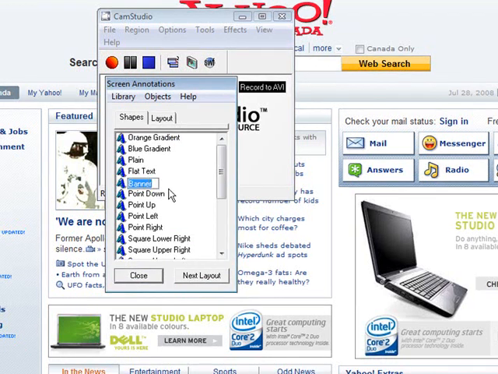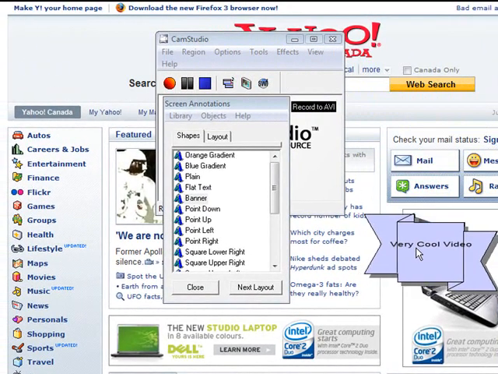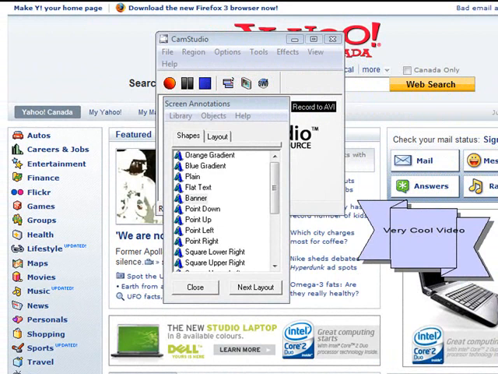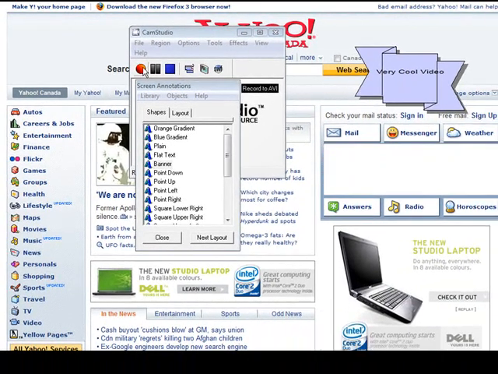Now once we have changed the text that we want there, we just put our left mouse button on it, hold the mouse button down, and then drag it and plop it onto our video here. And we can put this anywhere we want. And this now acts as a caption for us, and when we record, this is going to appear on our video. So if we were to record now,